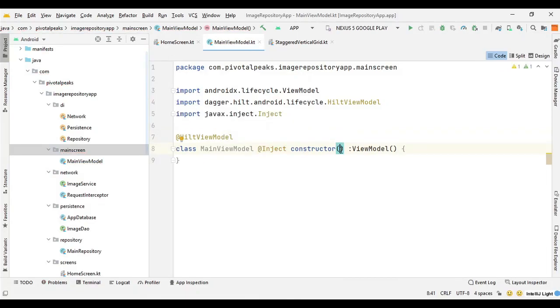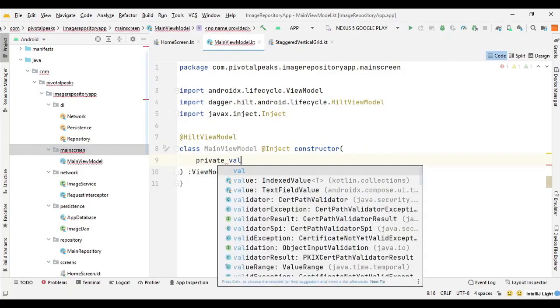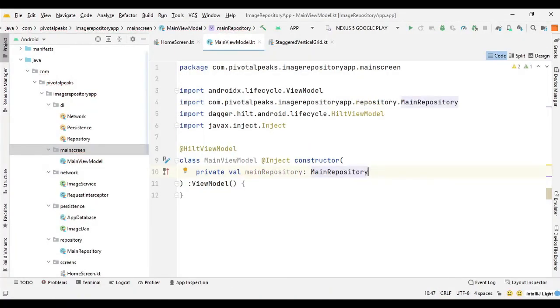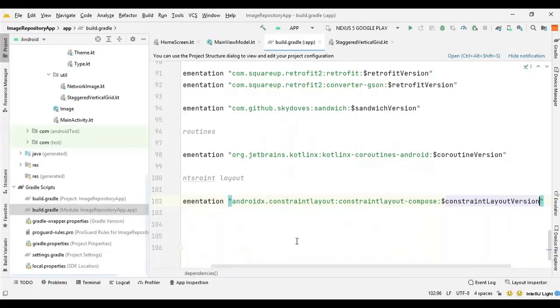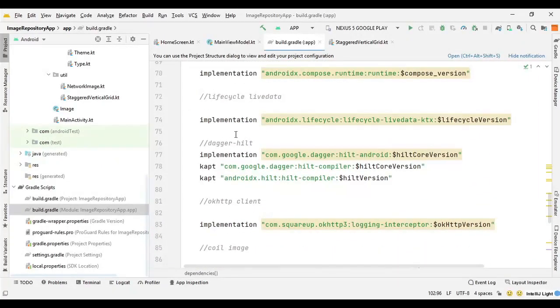Let's define our main repository. So we can say private val main repository. Now we need to declare some mutable live data which requires the lifecycle live data dependency, which I think we have already declared. Let me check it. So lifecycle live data we need. Yeah, we declared it some time ago.